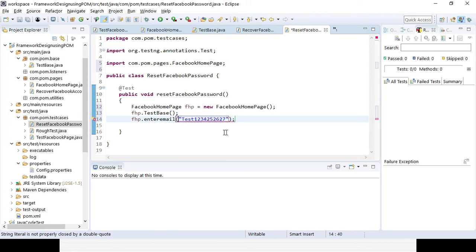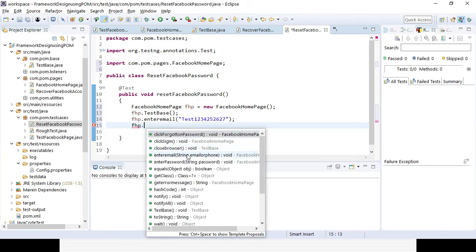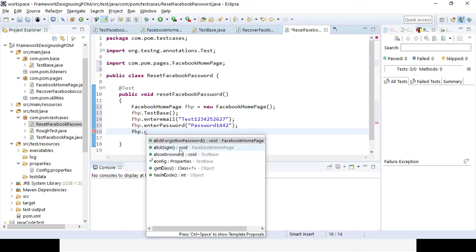Then I will be entering the password, so I will be using that object dot enter password. So I will be entering some password, anything I want to. Then after that I will click on the sign in button, FHP dot click on sign in.